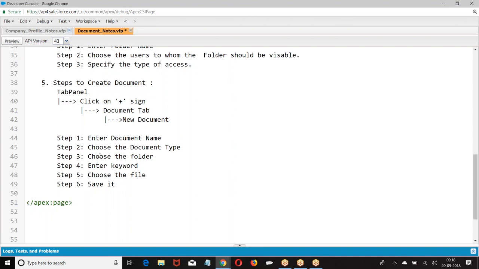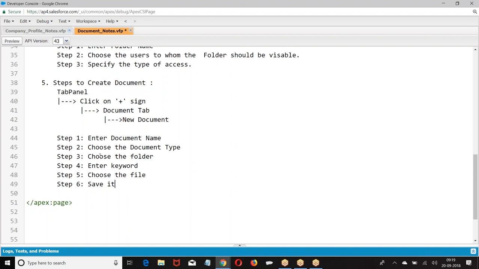Whatever logo I want to use in the application, I have to upload as a document first and save it, so that I can use this image as a logo for my application.